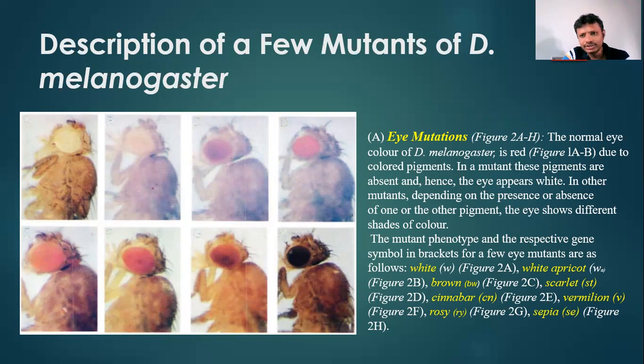So even in the case of human beings, when we take eye color, there is a range of eye colors we can see. Sometimes that may be correlated with the skin color, but most of the time it is the retinal, or you can say the pigmentation which is there. So here you can see very clearly with respect to Drosophila,